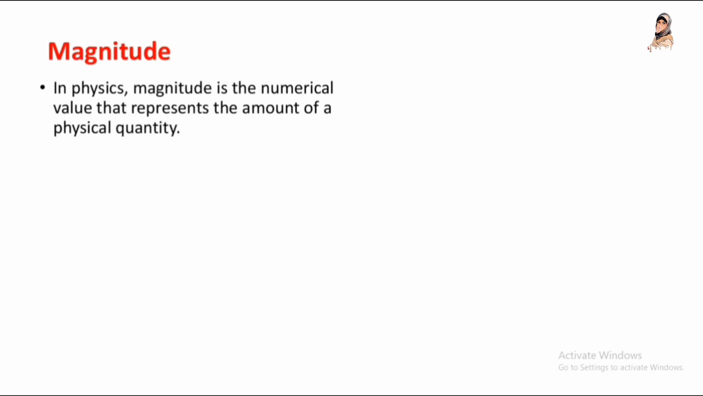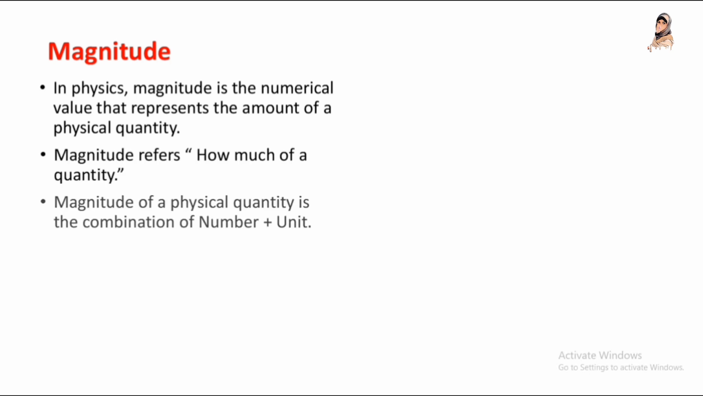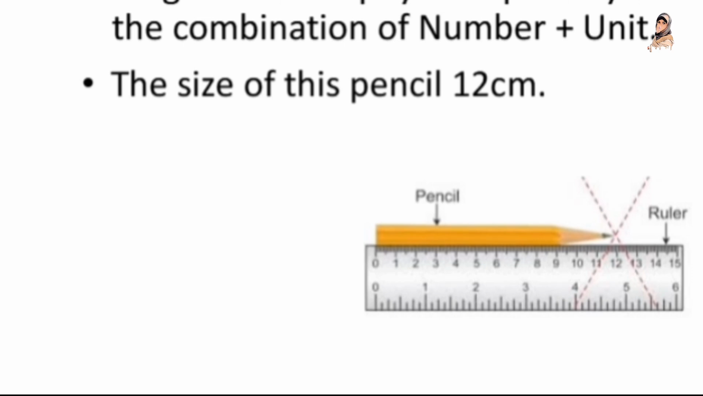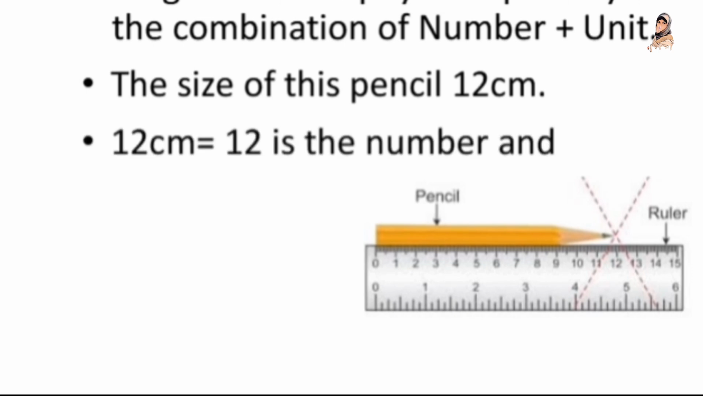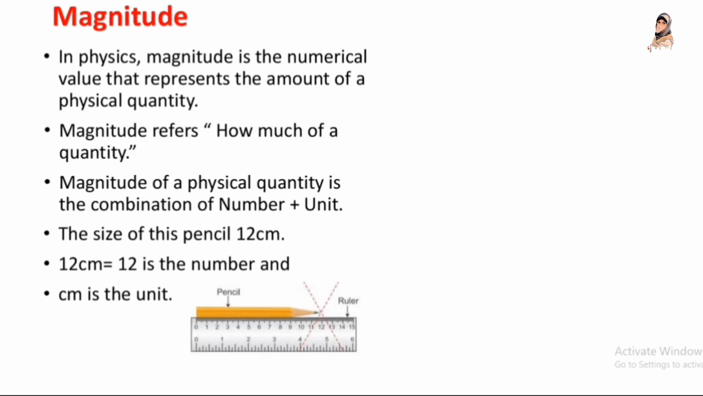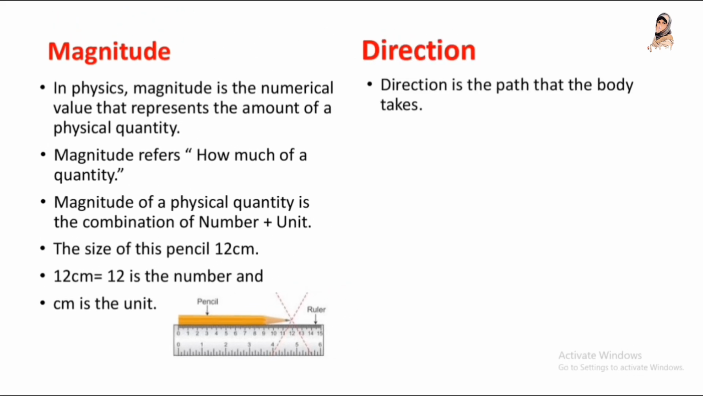Well, in physics, magnitude is the numerical value that represents the amount of a physical quantity. Magnitude refers to how much of a physical quantity. Similarly, magnitude of a physical quantity is the combination of number plus unit. For example, the size of this pencil is 12 cm. So 12 cm is the combination of 12, this is a number, and centimeter is the unit. So 12 cm is the magnitude of the length of the pencil, while direction is the path that the body